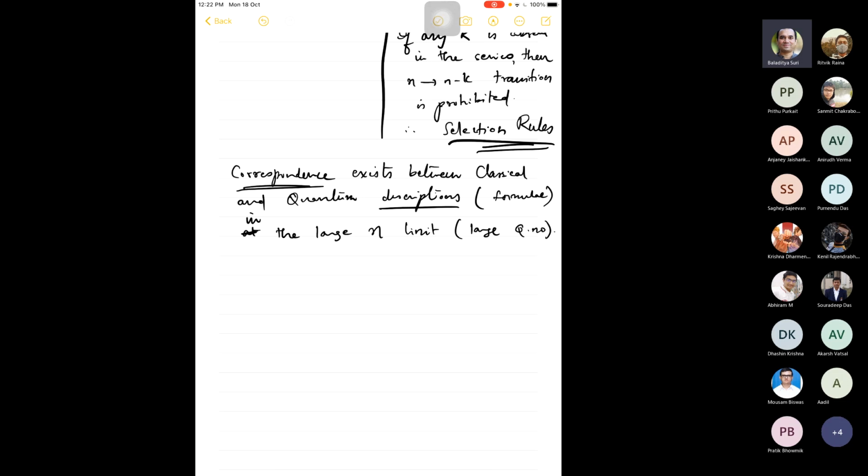I want you to solve this homework that I'm going to give, so that you get a first-hand appreciation for how Bohr's theory is applicable, and how much information can actually be gleaned from it about the internal dynamics of an atom, what transitions are allowed, what transitions are prohibited, etc. And in the process, even those of you who will end up doing other streams and not physics will get a chance to solve perhaps the most important, I would say the last fully solved problem in physics.